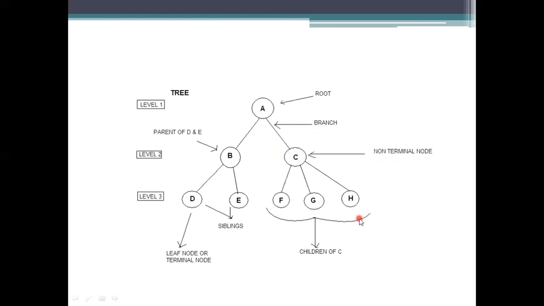And this is also one example. Here these two are siblings, and these two, D and then B and C, are considered non-terminal nodes also, and this is considered a parent of D at this level. If you see from this level, this is considered a child of A here. Okay, this is the parent, and this is considered as a root also, and this is considered a branch. They are siblings, and then the node which does not have child nodes is specified as a leaf node or a terminal node here.